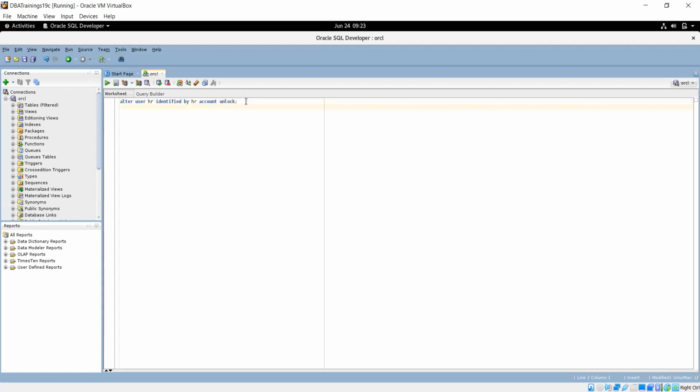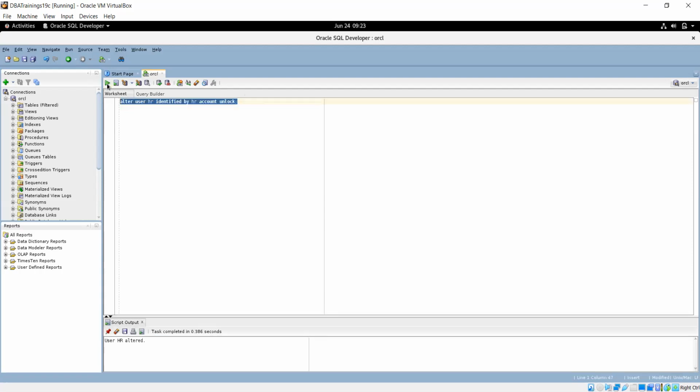So this way you can do all the DB activity here as well. What you have done from the command line, the same you can do from here as well.